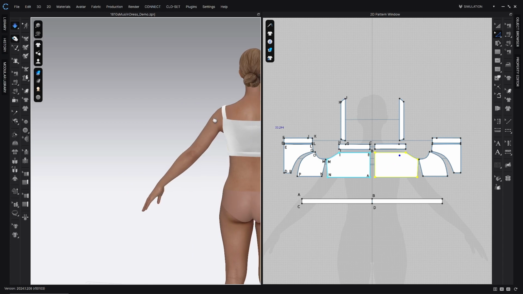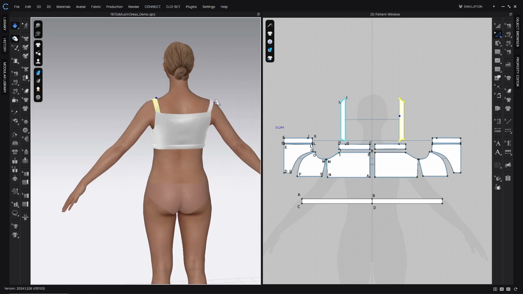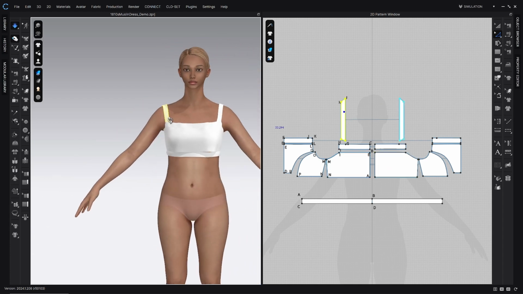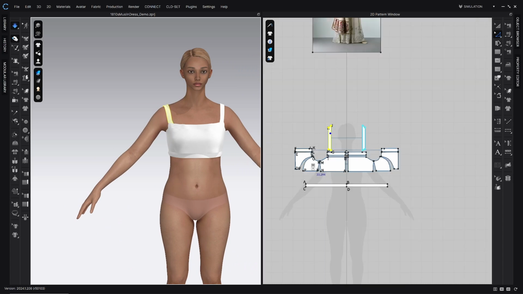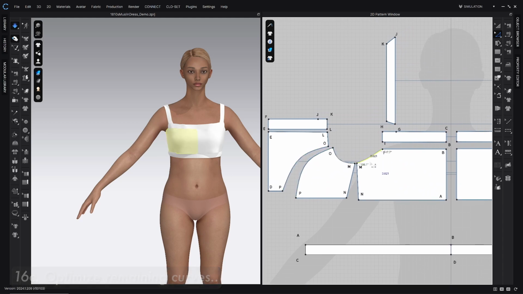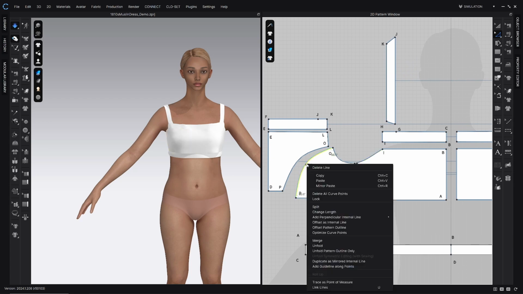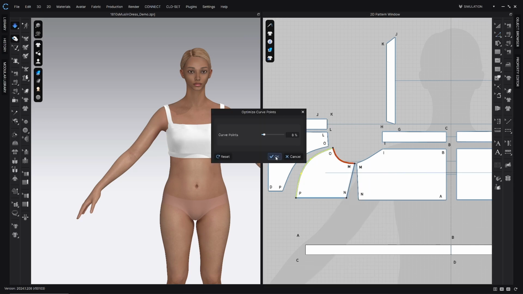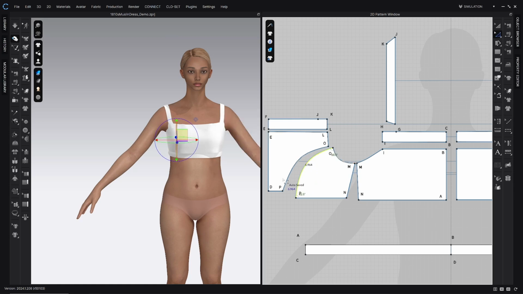Love that. Okay, that's actually looking really nice in the back there. And one more thing is the lines that you do want curved, you want to optimize those so that they have nice, pretty curves. So that's this curve, and your armhole curves. Go ahead and right click them and then choose optimize curve points, and it'll give you a good selection. It suggests pretty well what it should be, and you can just click OK there, and that really smoothed that